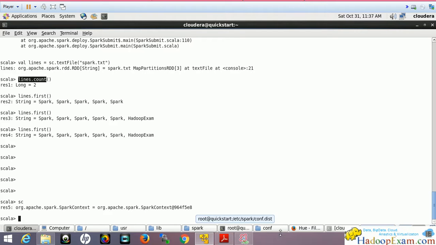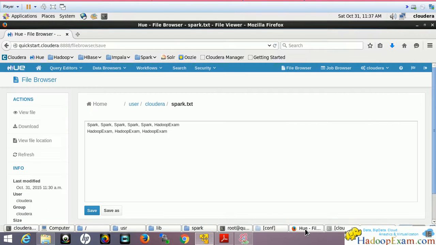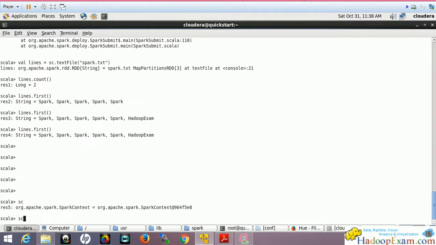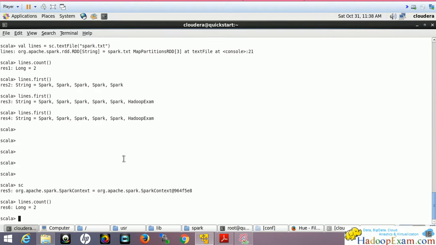Now let's change the number of lines again. Go to Hue and type quicktechie.com and then google.com, and save this file. Now apply lines.count again. How many lines are there? Two lines, because